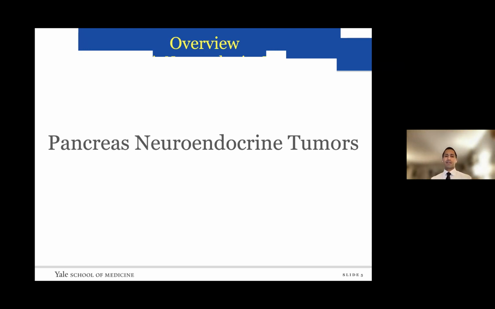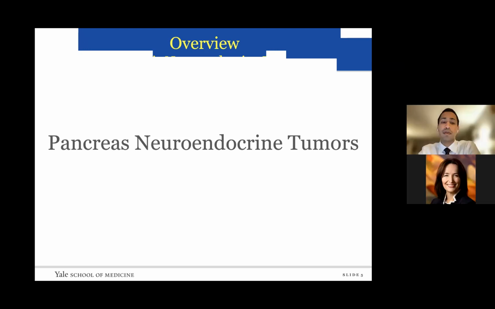There are obviously some celebrities over the years that we have observed that have been diagnosed with these kinds of tumors, both adenocarcinoma and pancreas neuroendocrine tumors. The node status is very important. So patients with node negative PNETs tend to have